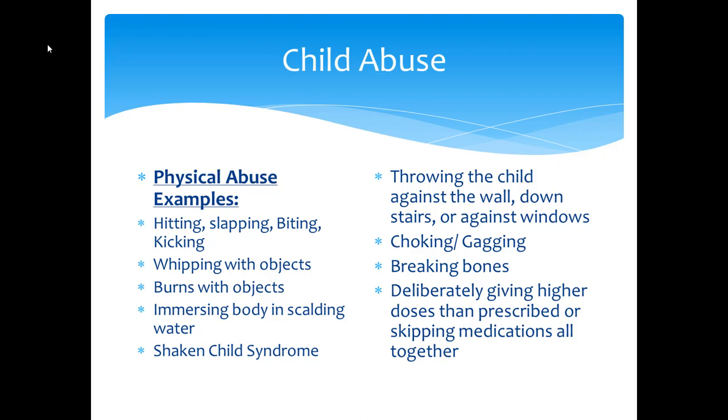Can also be deliberately giving higher doses of meds than prescribed, or just skipping their meds altogether. There's so many examples that I could give here. I took care of it. I think I told a couple people about the 17-day-old baby that had healing fractures, where the dad had gotten upset with the baby because it wouldn't stop crying, and he hit him against the bed. I've seen parents not give seizure meds because then the kid was basically post-ictal all the time, and he was a lot easier to deal with when he was tired and sleepy than when he was running around in his little